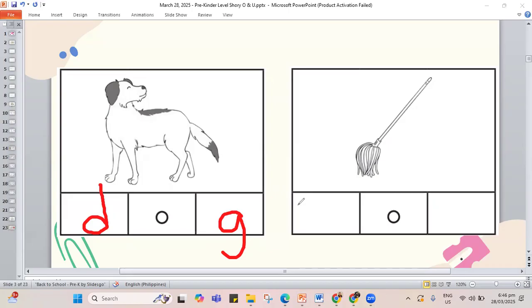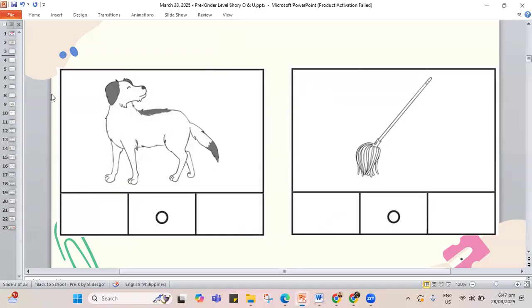Another one, we have our mop. So we have M sound, letter M, O sound in the middle, and the P sound at the end to make the word mop. So let me fix our letter P here. So it ends with P, mop. P sound at the end. I have a pet dog. I take care of my dog in the house. The floor is wet. I can mop it. I will use the mop. So these are some of our words with the O sound.